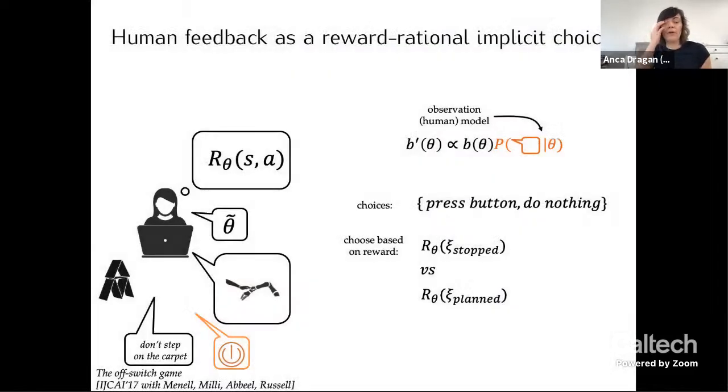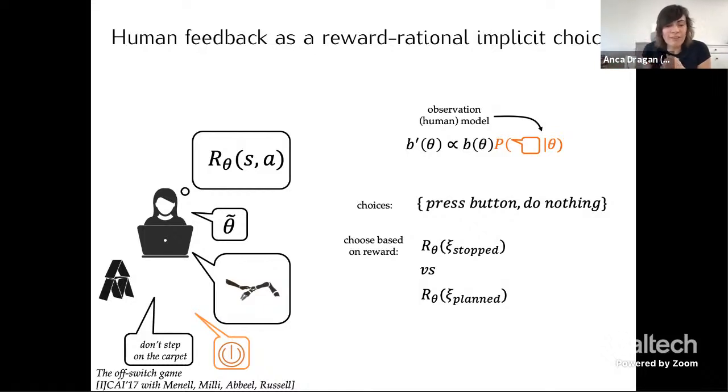Okay, so if I stop the robot because it's about to enter a puddle of water, I'd argue the same thing. I'm making a choice implicitly because I could have done nothing, but I chose to turn the robot off. And that choice can be thought of as an approximately rational choice with respect to the reward. Now, what's the reward of pressing the stop button? Well, that maps to a trajectory. It maps to the trajectory that remains stopped for the rest of the time horizon.